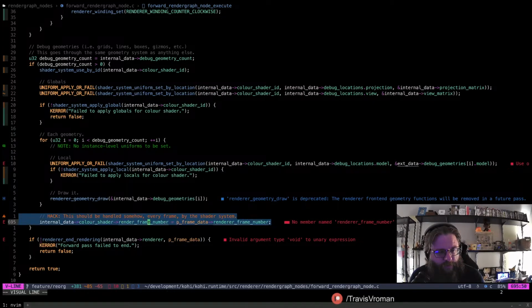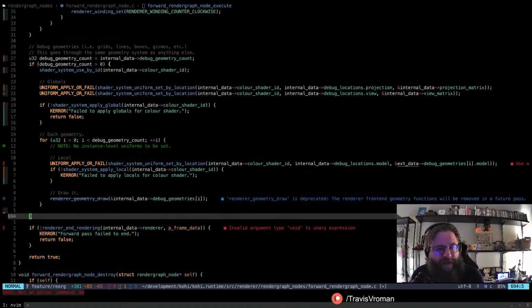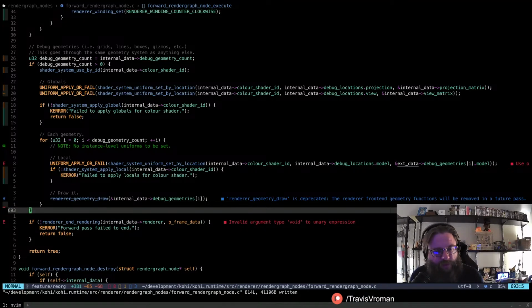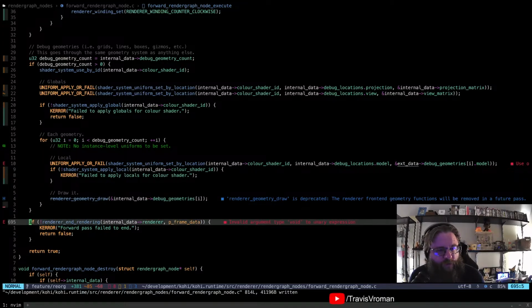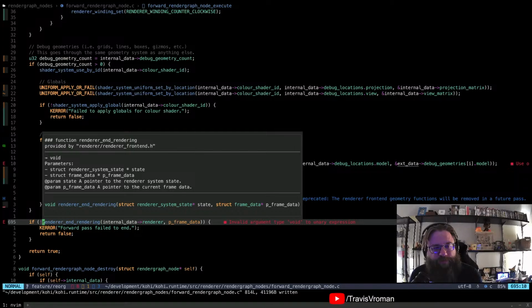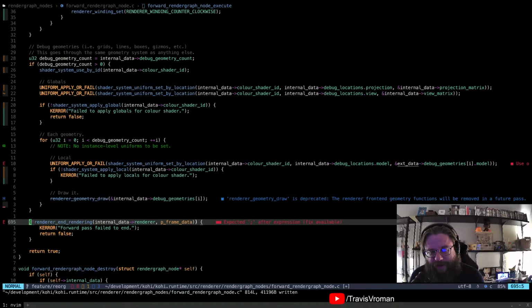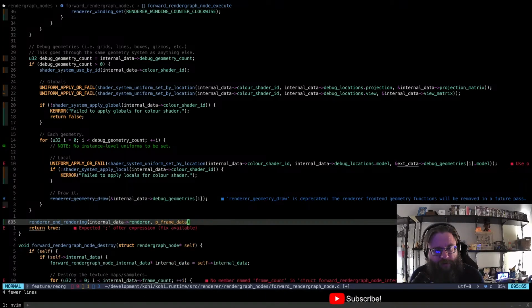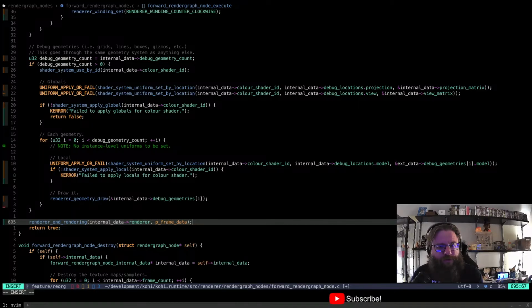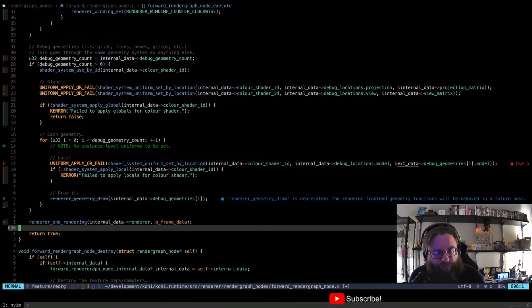So that hack disappears as well. Okay, so rendering, rather. Return type void now because it's a Vulkan command, so it can't return false. So we can get rid of the checking on that and just do the thing, right?